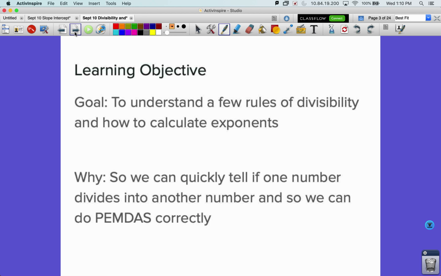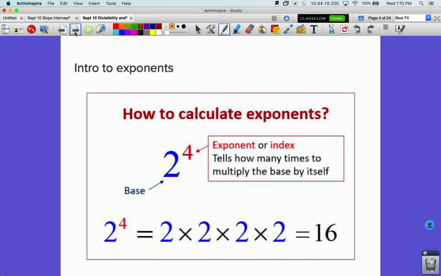Goal for today is to understand a few rules of divisibility and how to calculate exponents. While we're doing this, so we can quickly tell if one number divides into another number evenly, and so we can do PEMDAS correctly. All right,